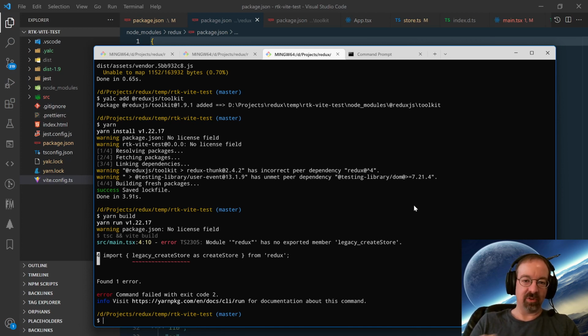It just adds a visual strike-through in the editor. And as one workaround for that, I added an alias for the function called legacy_createStore, which is the exact same function, just without the deprecated attribute. I did that on the 4.x branch in the Redux repository, but I have not done that on the master